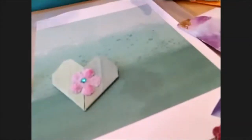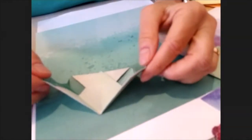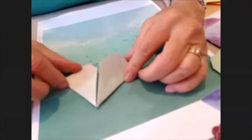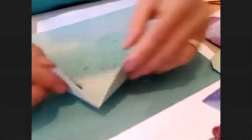Mine's not coming out like yours. It's not? Mine's not coming out because my fold is only coming up like half of the way of the card. When you fold, the center line goes all the way to the top. I don't know what I did wrong. Well, you know,